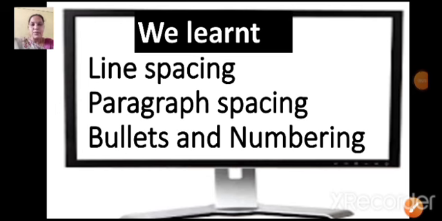Children, let's recap what we learned today. We learnt about line spacing, that is the vertical spacing between two adjacent lines, that we can increase or decrease by using the paragraph group line spacing option. Paragraph spacing, that is the vertical space before or after the paragraph. Even that can be changed by using the line spacing option which is available under the paragraph group of the Home